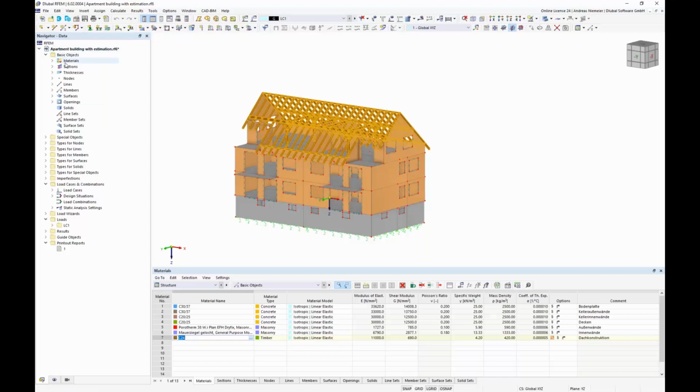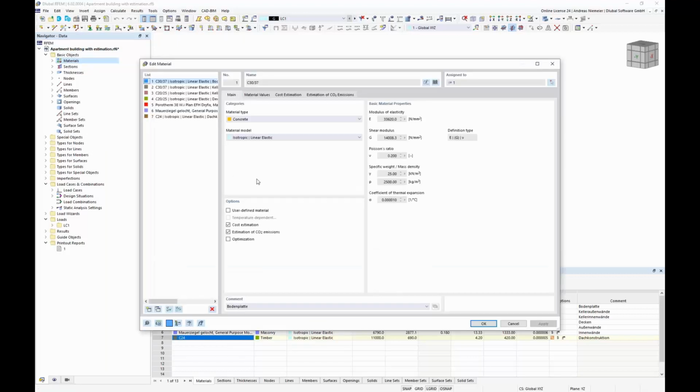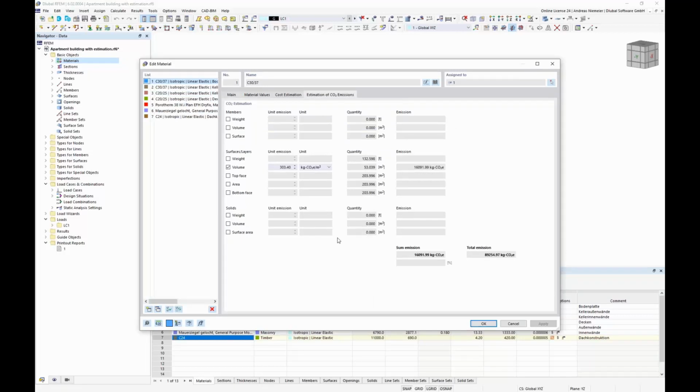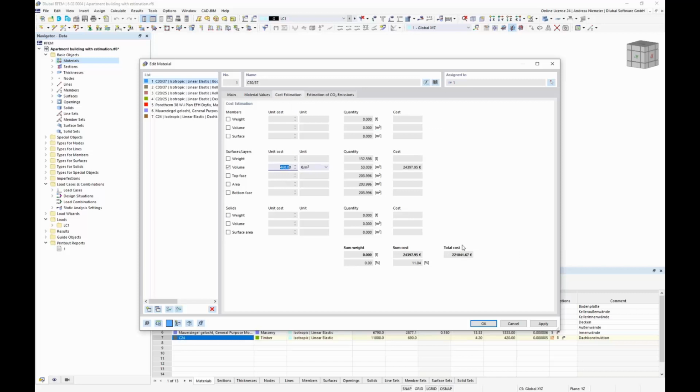even this option from this add-on, because here, for example, if you only want to estimate costs, you can activate this cost for all materials, and define for every type of element what should be covered or not. So you can decide if it should only amount costs for surfaces or solids or members, or even for surfaces, for volume, and maybe for top faces if you have some finery or some painting on it. So you can specify here some basic costs to get finally the amount of money the cost comes to, for optimization reasons or only for some